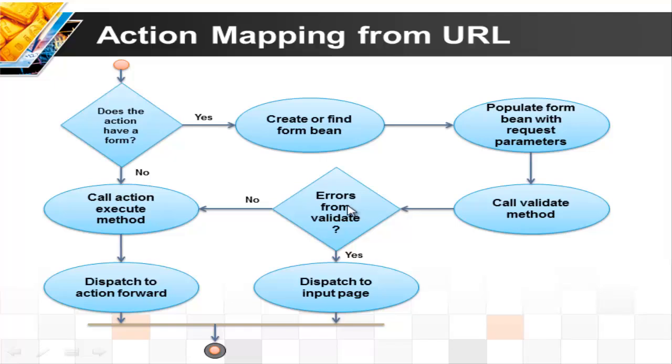After validating, the controller checks whether there is an error object written out of it. If there is an error, it immediately sends the error back to the calling page and displays the error to the user. If there is no error, it then calls the execute method on the action. Suppose there was no action form, then this step is not taken. Instead, it will just call the execute method. The execute method will do the needful thing and finally dispatches